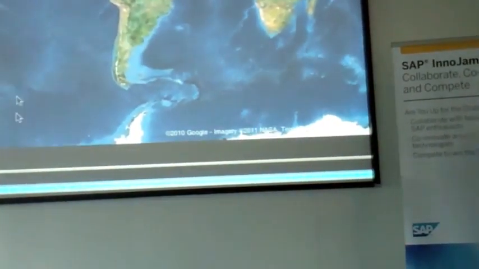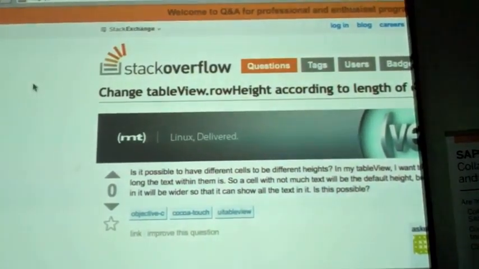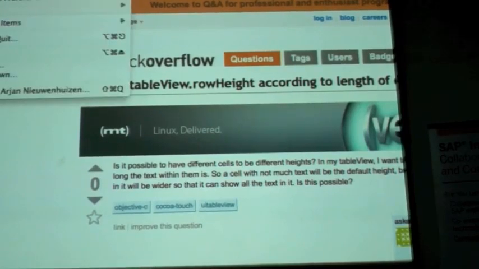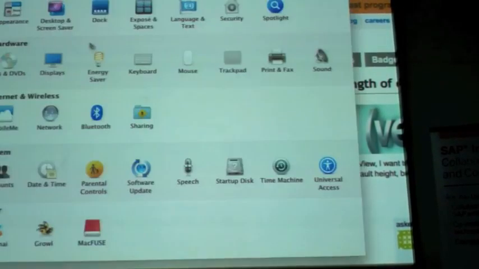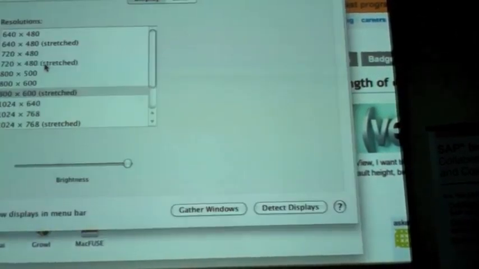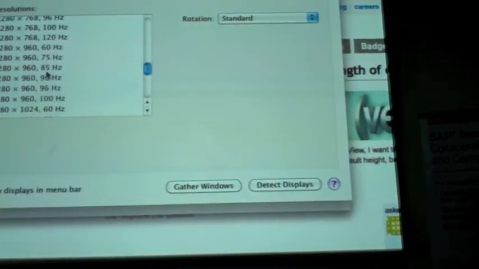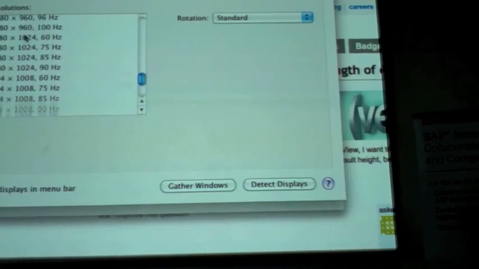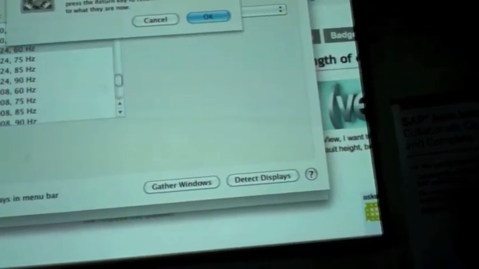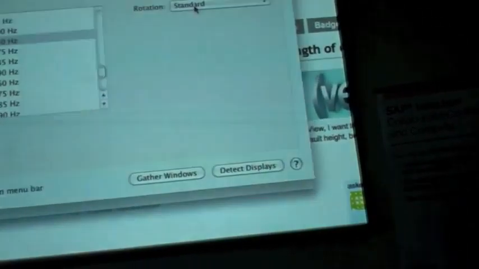Where is my screen resolution? I just pushed the green button and not much time left. It's a quick demo, no problem. No need.